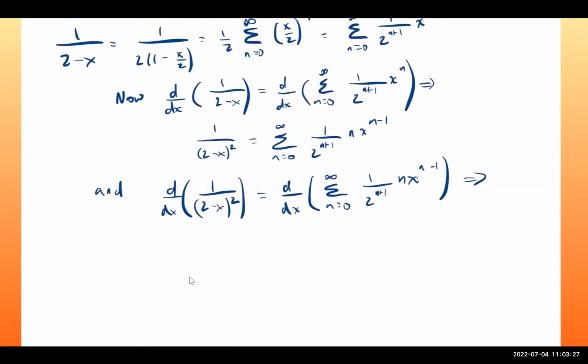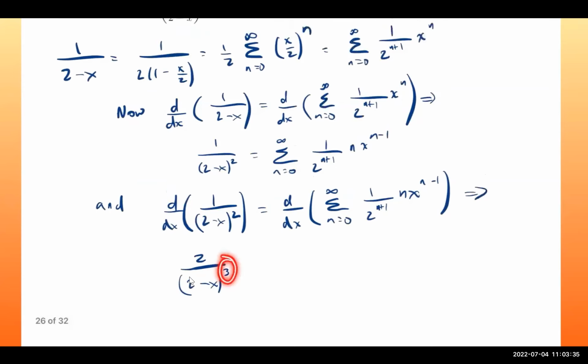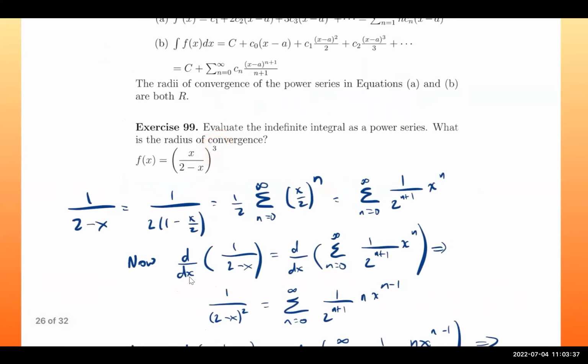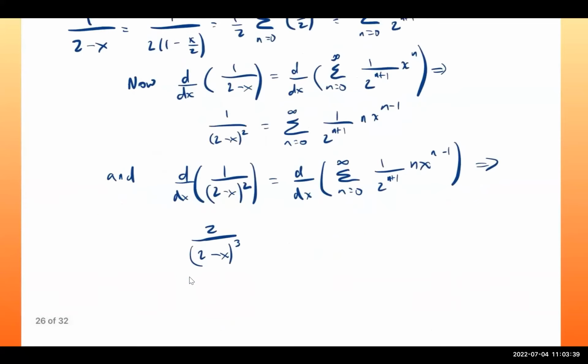If you take the derivative of this here, you can verify that it is indeed 2 over 2 minus x to the third power. And now we have that third power that we needed, because we needed to work our way up to this. So we're getting closer and closer. And that is going to equal the power series